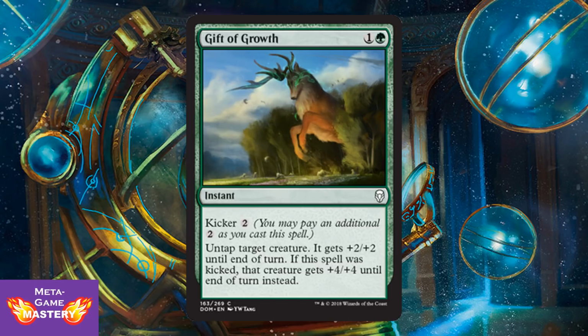Gift of Growth is 2 CMC, 1 colorless, and a green for an instant with a kicker of 2 colorless. Untap target creature. It gets +2/+2 until end of turn. If that spell was kicked, that creature gets +4/+4 until end of turn. Once again, allowing you to surprise your opponent with something you've already attacked with, they think isn't a factor in combat. You get to untap it